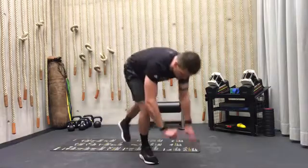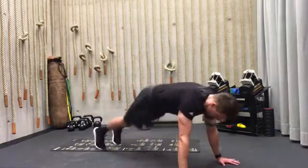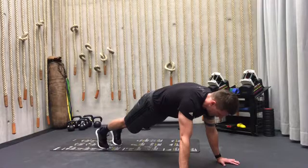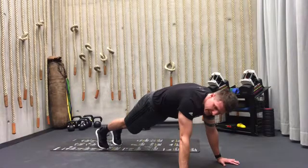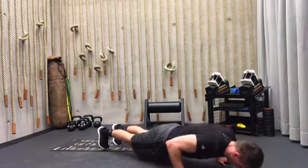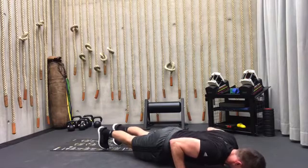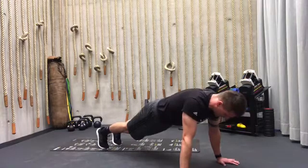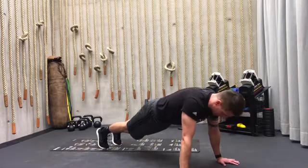Move into plank position. Close those armpits, head to heel strong as steel, and then stay here. Brace that core, squeeze those glutes. 5 seconds. Alright, 5 seconds, halfway down. Halfway down, hold it, and 5 seconds, even lower. And then push yourself back up or come onto your knees and come back up. Alright, 5 seconds here,